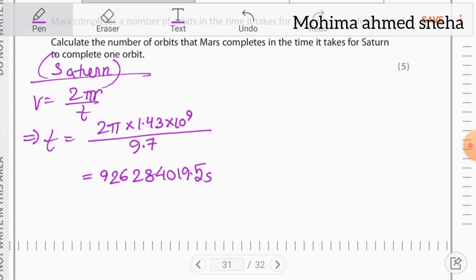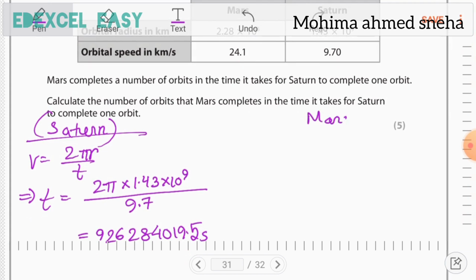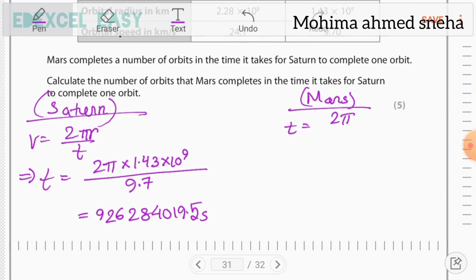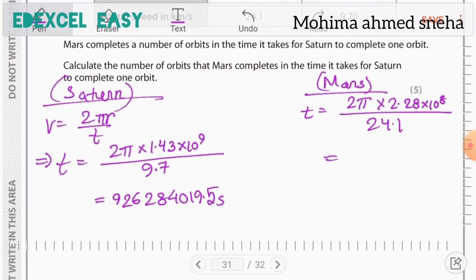Now we need to find the time for one complete orbit for Mars, and we can do this by using the same equation. So we are now finding the time Mars takes to complete one orbit. Making t the subject, it will be 2 pi times the orbital radius for Mars, which is 2.28 times 10 to the power 8, divided by its velocity, which is 24.1. If you calculate 2 pi times 2.28 times 10 to the power 8 divided by 24.1, you get a value of